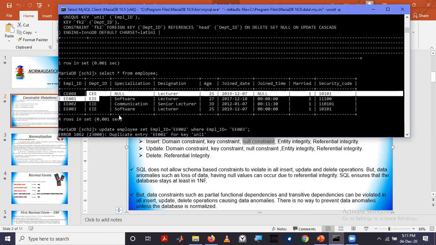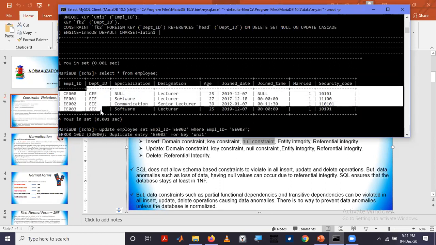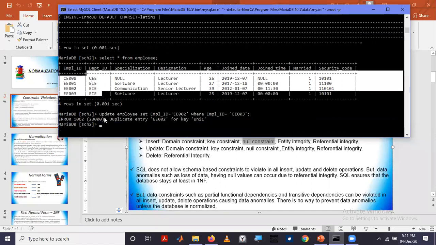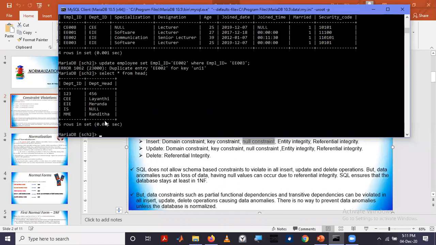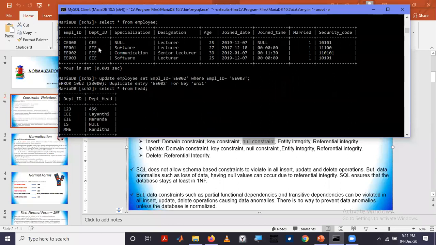Referential integrity constraint specifies that what is present here should be present in the reference relation. Reference relation is the head table. So you can see that all these values are there in head table. If you look at the head table, these values, CEE is in head table, EIE is in head table.